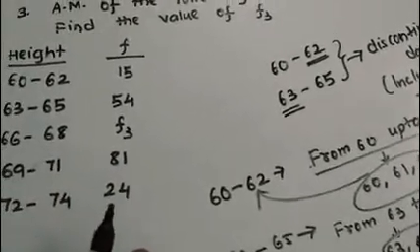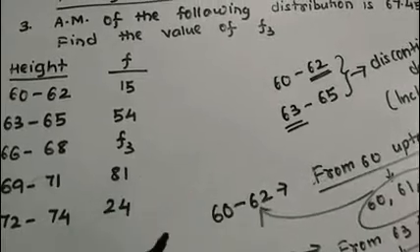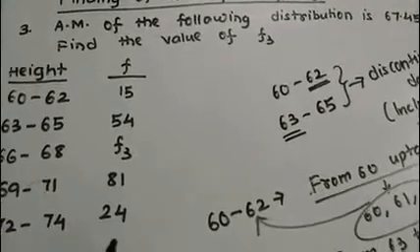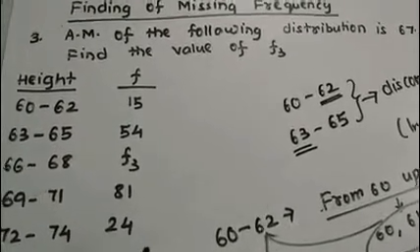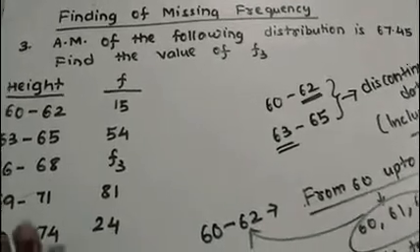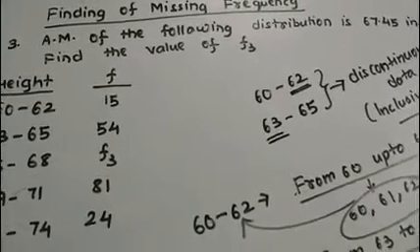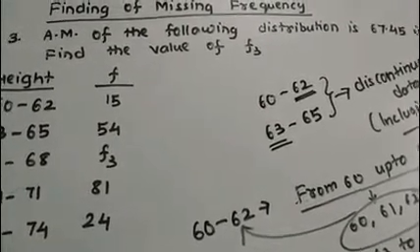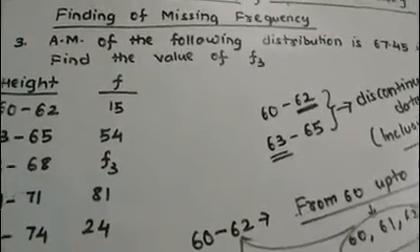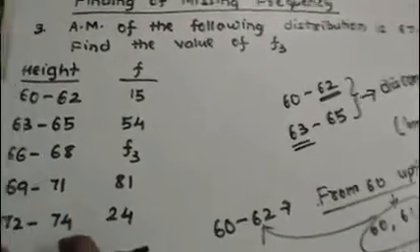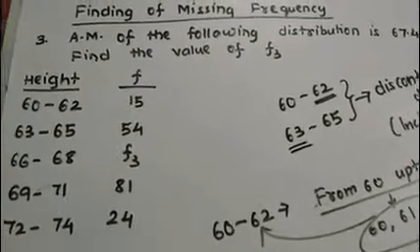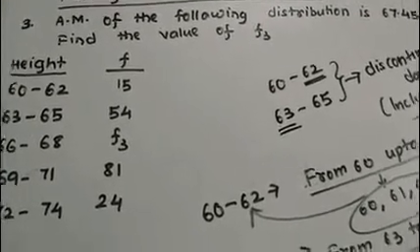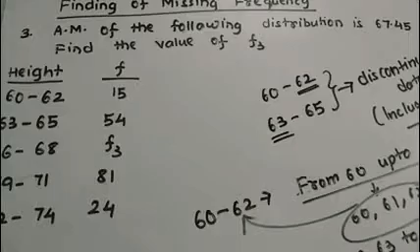That means it is not mandatory that in the case of mean you have to make it continuous. Remember that in the case of mean, it is not mandatory to convert discontinuous into continuous form. You can deal with discontinuous data also. But especially in the case of median, you have to convert each discontinuous data into continuous. So here we have the choice that we can deal with this discontinuous data also, and we will get our correct answer. But whenever we are going to solve median, then in that particular case we have to convert discontinuous into continuous, so we will deal there only.